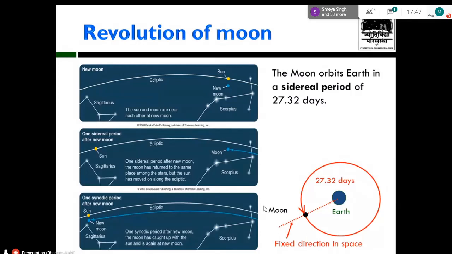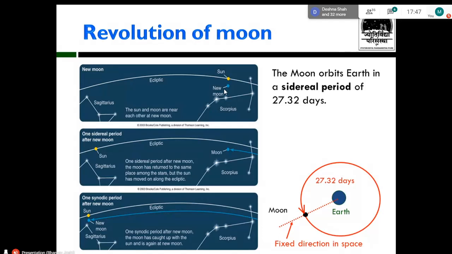On the right hand side, you can see a diagram where the moon is revolving around the Earth. Okay, so this revolution period takes about 27.32 days, which means the moon takes 27.32 days to complete one revolution around the Earth. And this period is called a sidereal period with reference to the stars. But now, if you can see the images on the left, in the first image, you can see the position of new moon. A new moon occurs when the sun and moon are on the same side, which means they are in conjunction, not opposition. Okay? Amavasya, which we call it.